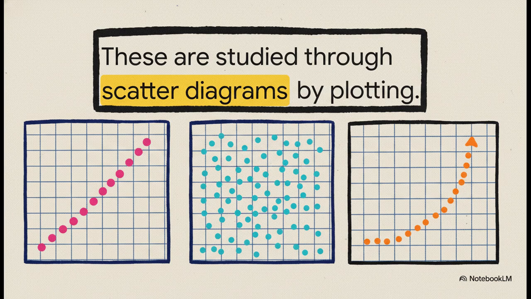By plotting individual data points directly onto a graph, literally scattering them across the page, we can instantly visualize the pattern. We can immediately see if those points form a tight angled line, maybe a loose cloud of noise, or a big sweeping curve. The scatter diagram brilliantly takes abstract, clunky numbers and transforms them into a tangible picture our brains can just instantly process.